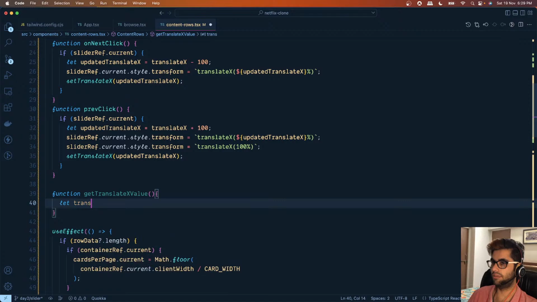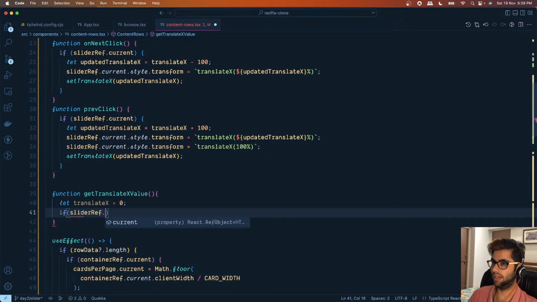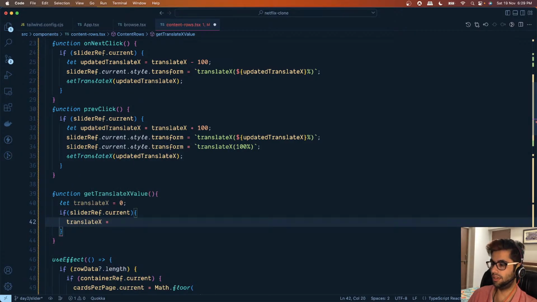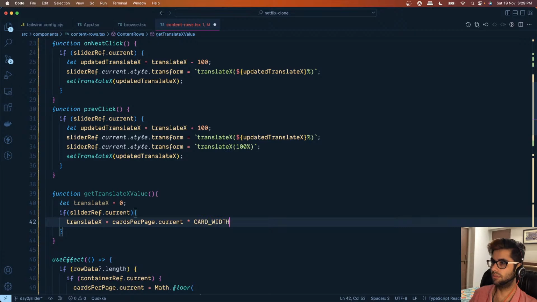So we'll say let translateX equals 0 initially, and we will just check if the slider element has been rendered. We'll say translateX equals cards per page dot current, and we will multiply that with the card width. Okay, so this will give us the total width of all the cards which are there,